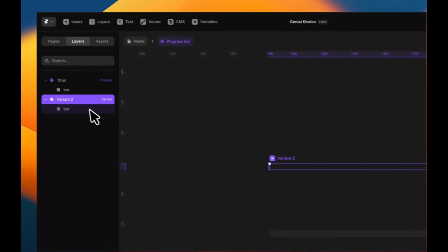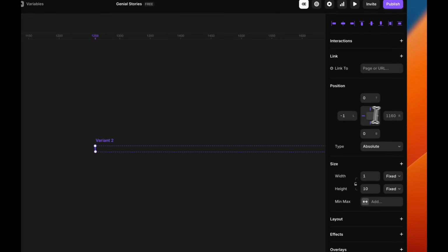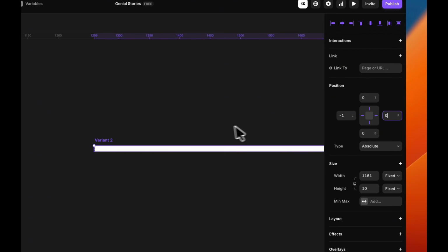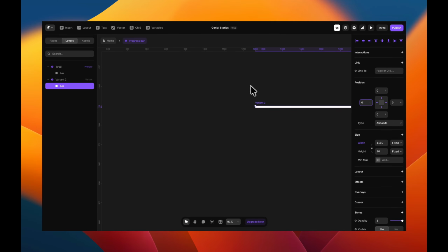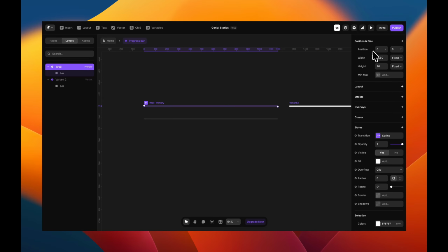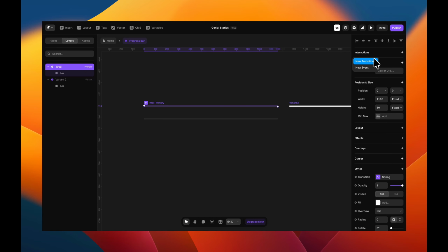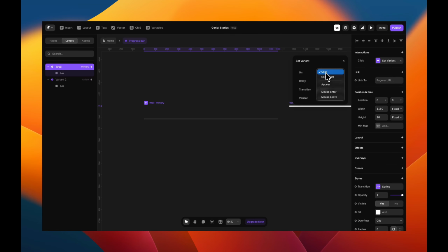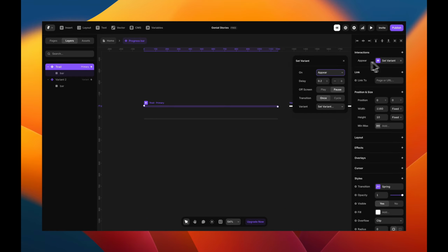Now for the second, variant 2, I'm just going to grab this guy and send it all the way to 0, like so. You can also choose to set this one to 0. It doesn't really matter at this point. And the way it works is we want to move from this to the other. Now to test this out, I'm just going to set an interaction on appear with a delay of 0.21. So if you play that, yeah,